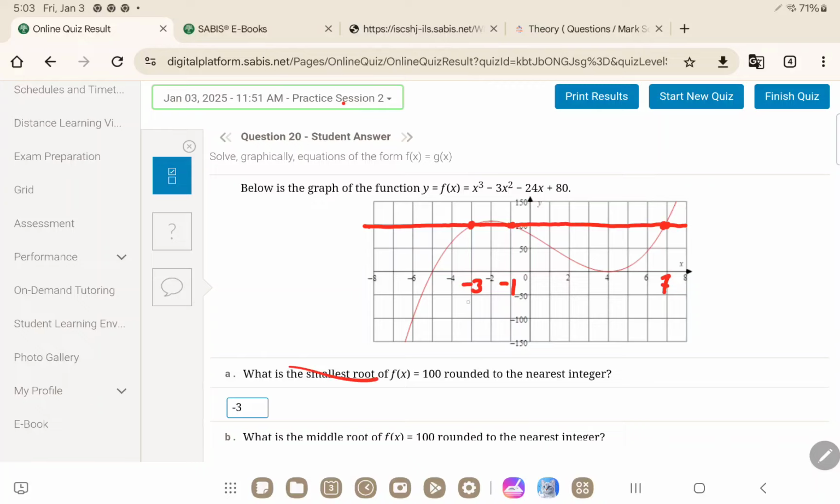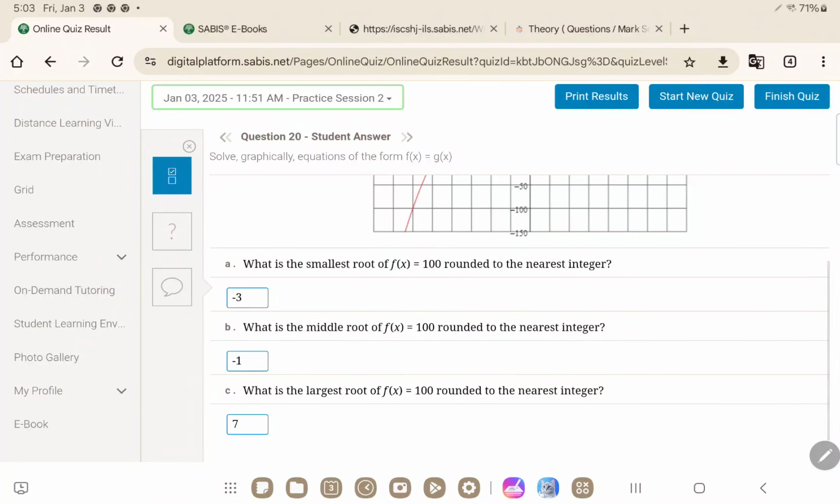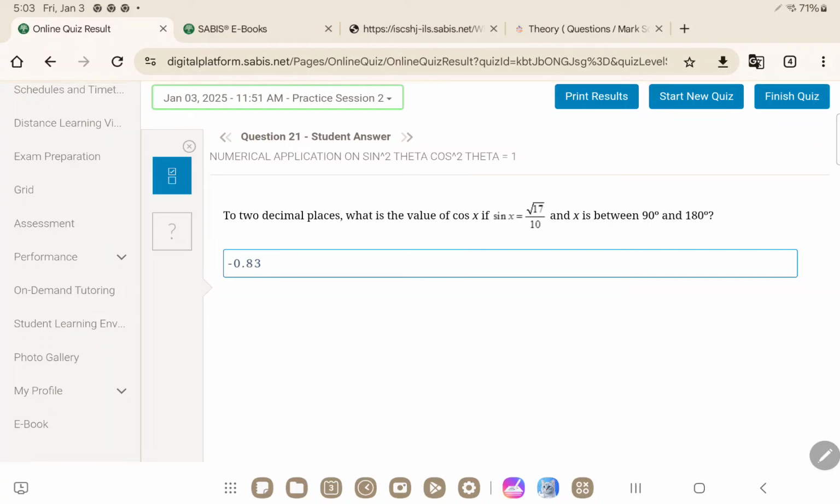The smallest root is the one with the smallest value. The middle root is the next, and the largest root is the last part, which is 7. That's how you solve this question. It's really easy. Now, for this question,